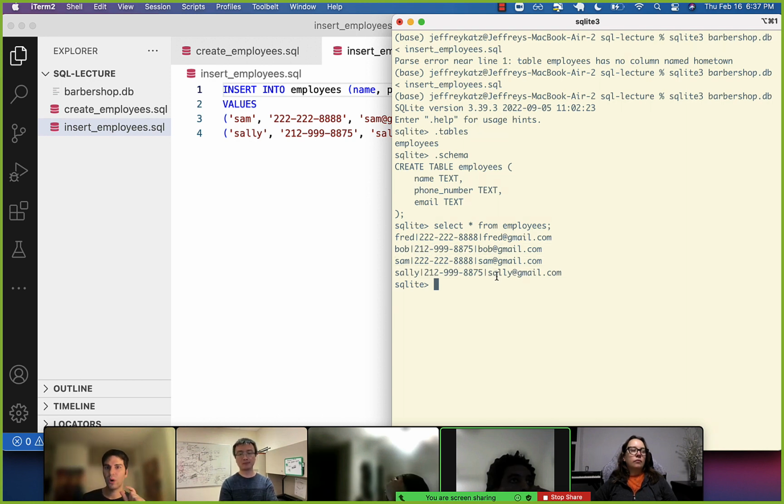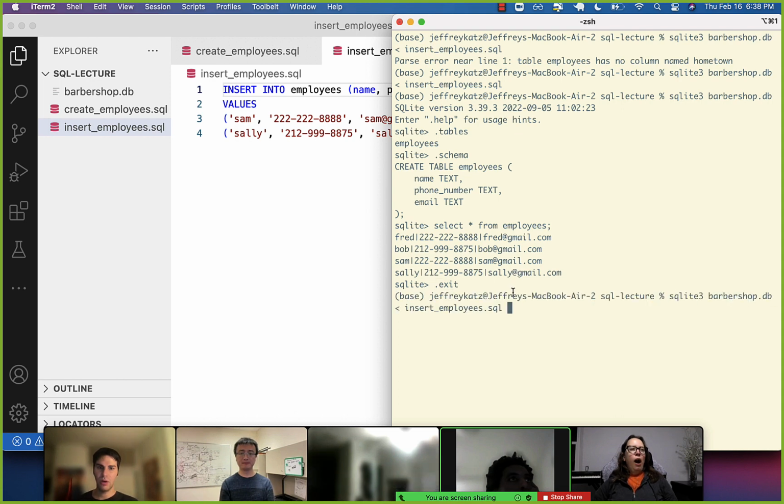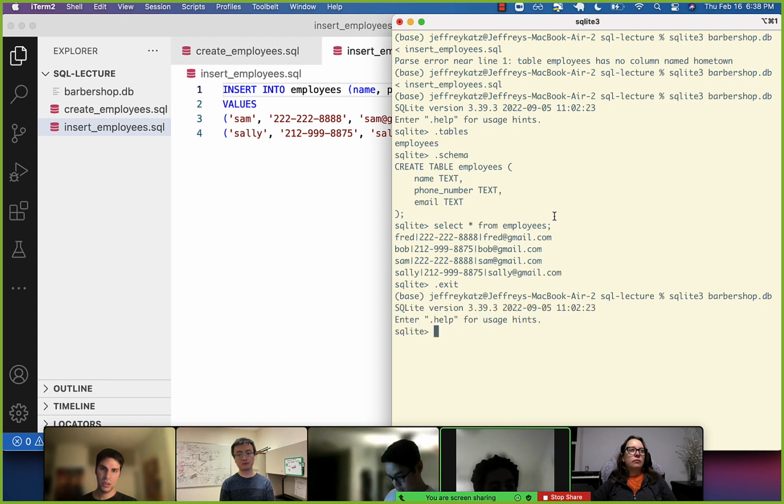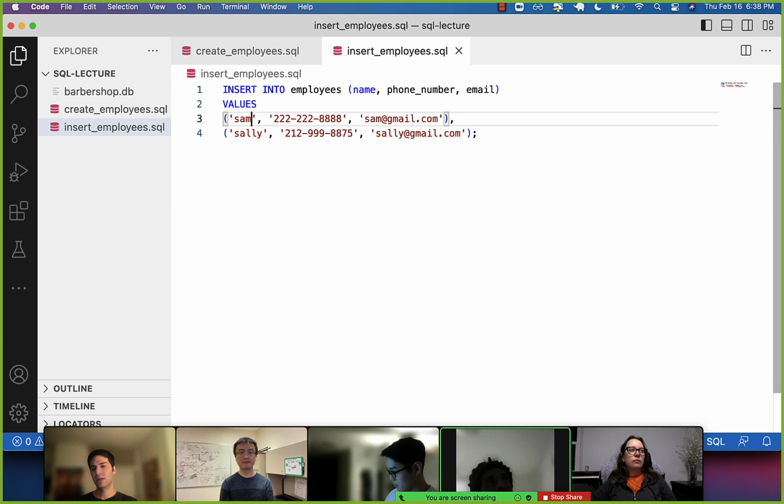So we saw one way to run our code in SQL was from the shell, right, from bash, from the command line, meaning I would have to exit out of this by doing .exit, and now you can run the code when I'm in bash, right? I'm not in SQLite anymore. Okay, that's one way to do it. The other way to run any SQL is just simply to connect to the database, and then for instance,